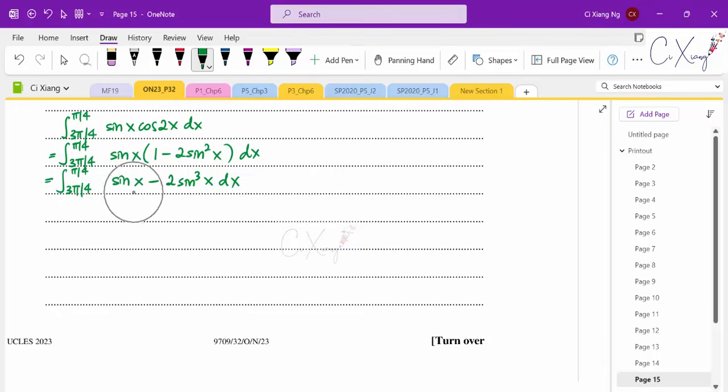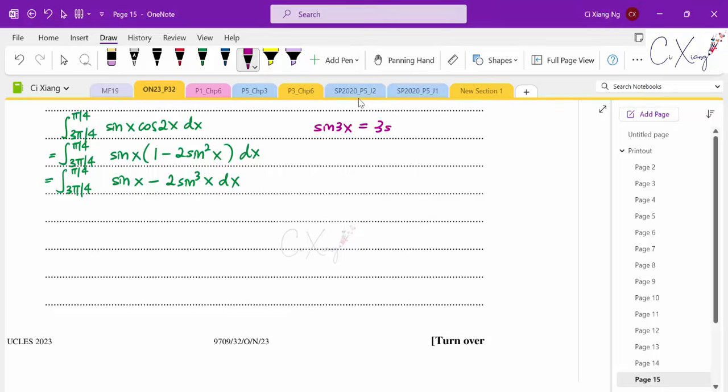Okay, so for this first term here, there's no problem for us to integrate this part. But for sine power 3, we are not able to integrate it directly like that. So we have to think of a way to change the sine power 3x into an expression that I can integrate directly. Therefore, we are using this sine 3x